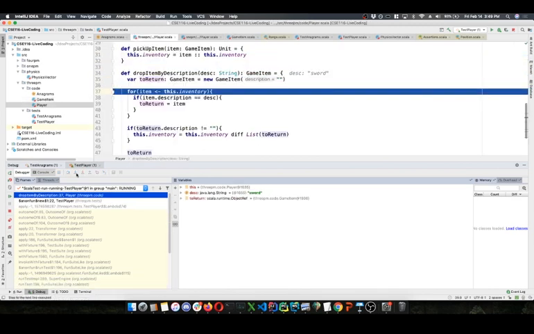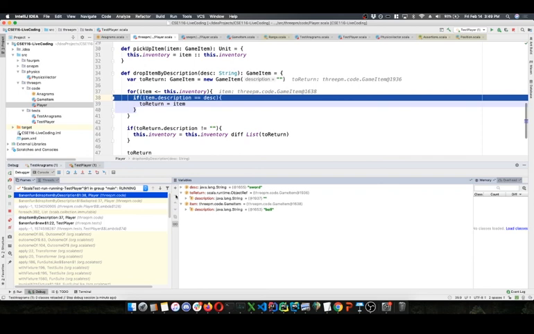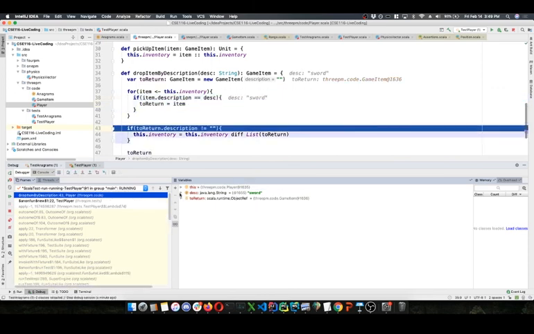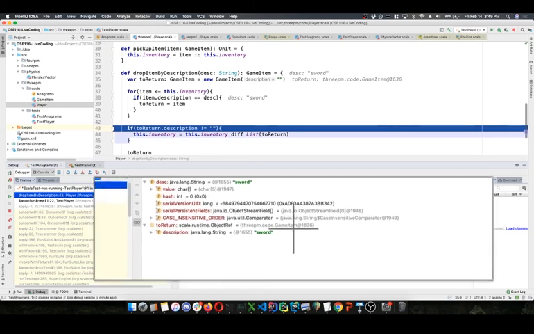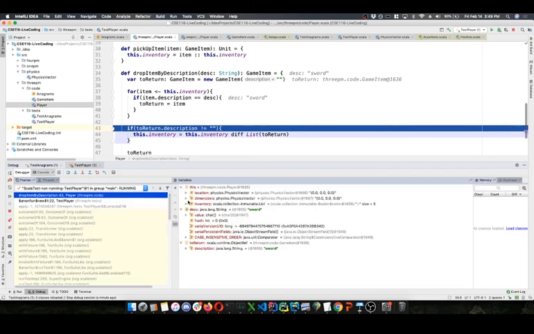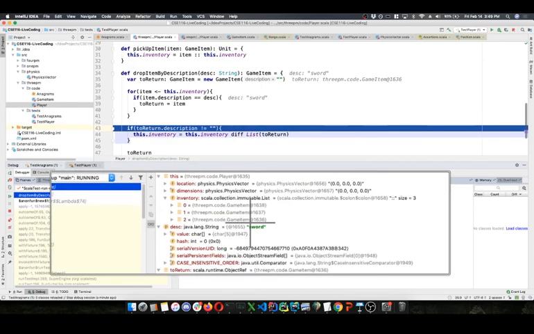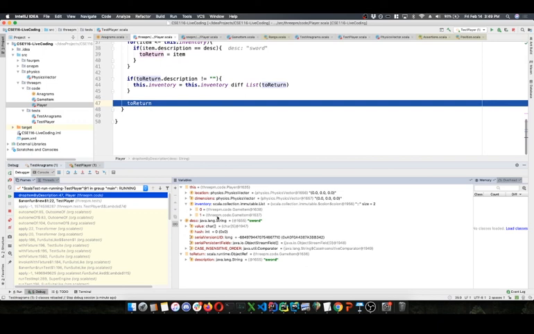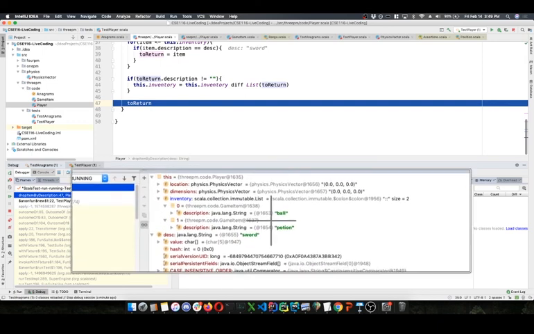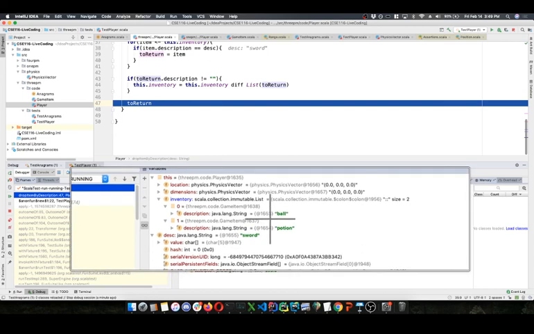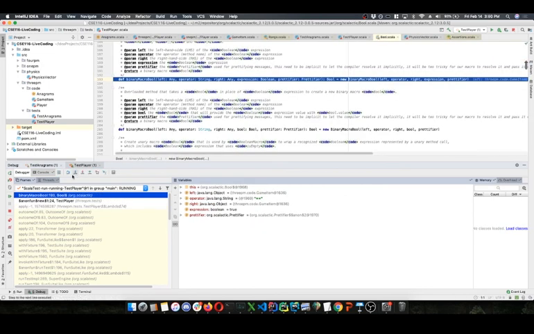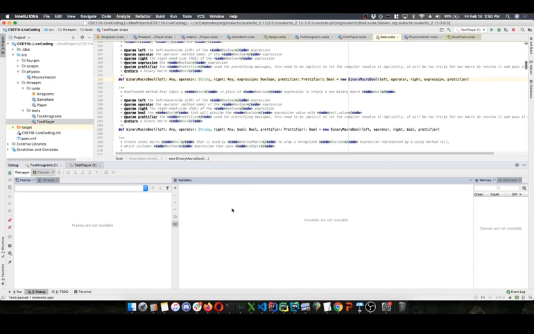When I look through for a description, I'm looking for a sword. Checking the references, checking the descriptions at those references. Finding the sword. To return is at 1636. That 1636, which is a sword. Removing it from the list. This is the new thing, we didn't check this yet. But making sure that that sword is removed, that's the sword removed. Then returning that sword, asserting that it's true. Getting all the right values there.